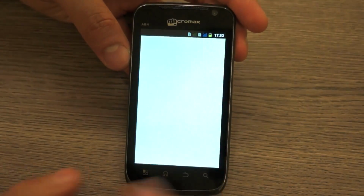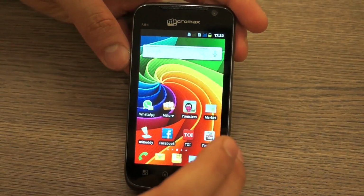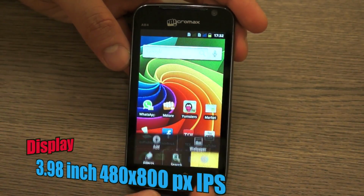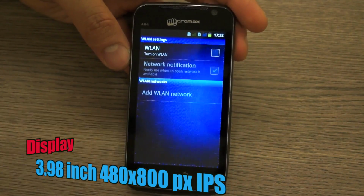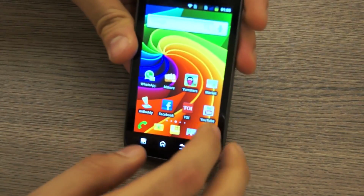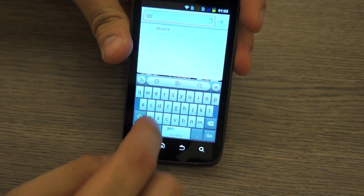And if I quickly open up the internet browser, I'll quickly give you a demonstration of Wi-Fi capabilities. The screen is nice and high resolution. You can see that the colors are really nice and vivid. The interface has been customized a little bit by Micromax, but nothing special. You don't see any special customizations. So now that we're connected to Wi-Fi, I'm going to quickly jump into the Internet Explorer and quickly search for everyone's favorite website,